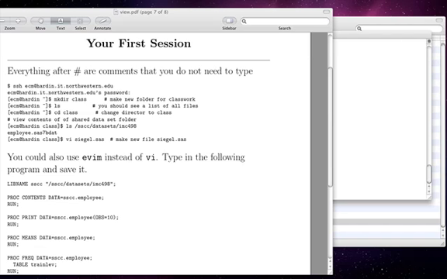I'd like to now show you how to log in and type in a little SAS program. The SAS program is going to look a little bit like gibberish to you at this point because we really haven't covered SAS, but I think it would give us some very good practice with VI. So the first thing that you have to do is